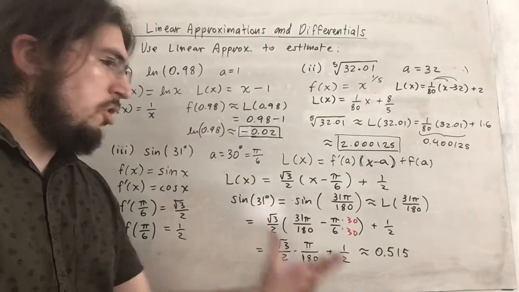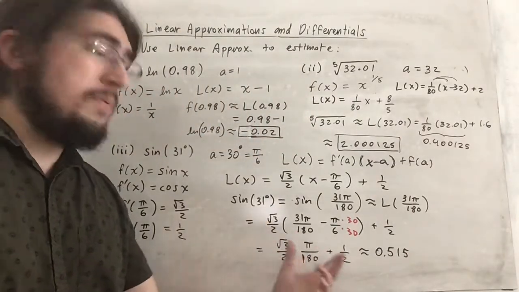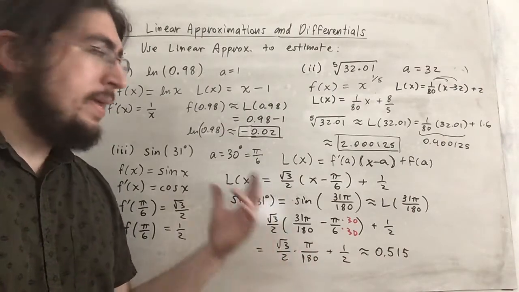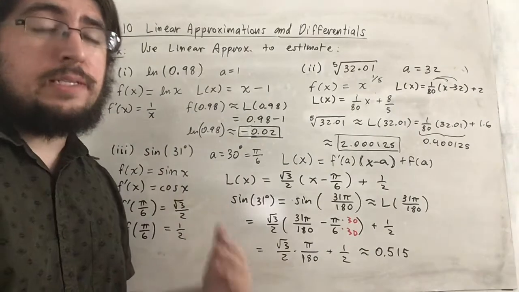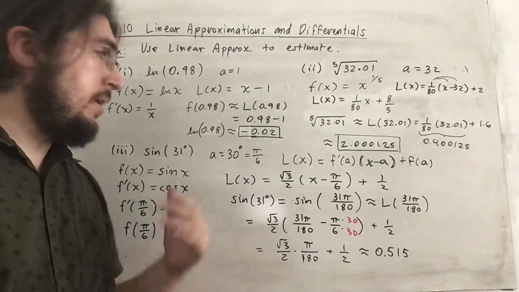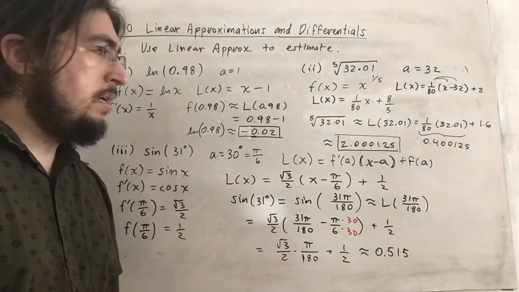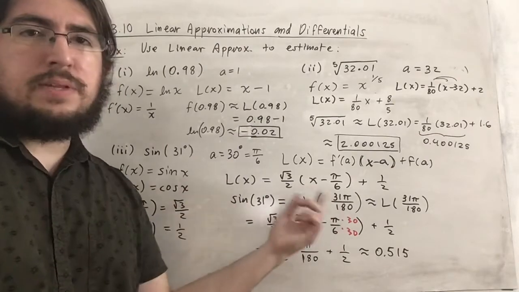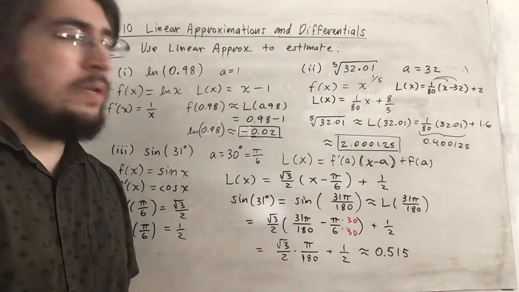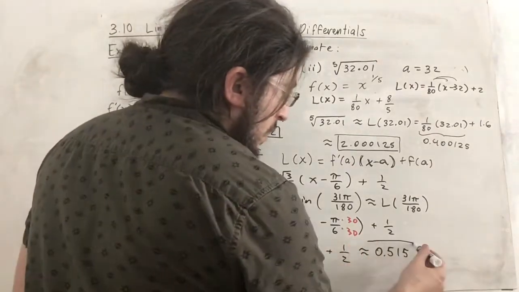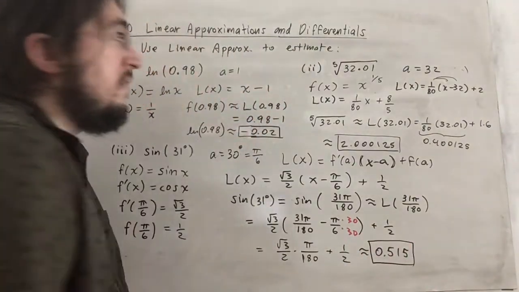If you were to just go by what your calculator gives you for inputting this exactly, and compare that to what your calculator tells you for sine of 31 degrees, again remember your calculator has to be in degree mode for that. Otherwise we know to just input this in radians, but that's fine. Compare those two, they should be pretty close. But that's all I'm going to say for this example, and now we're going to move on to talk about